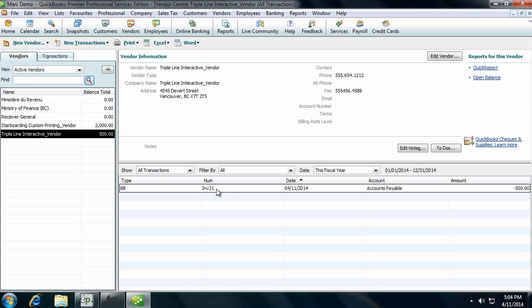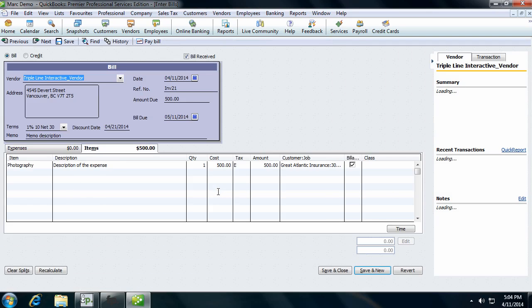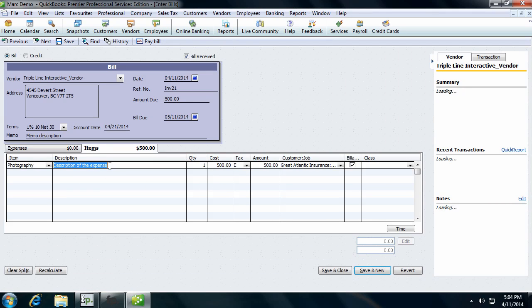And we can open it up and see the description of the expense, the memo description, the reference number, and all the information has been brought over from Function Point into QuickBooks, including the details of the vendor. Now, if any changes need to be made, you would make those changes in Function Point. For example,